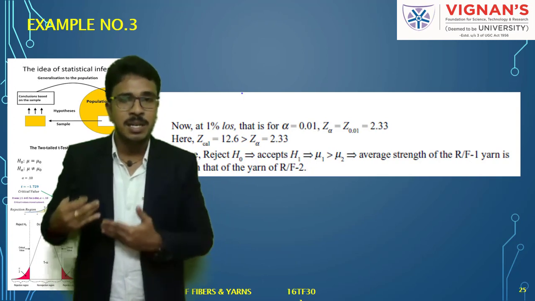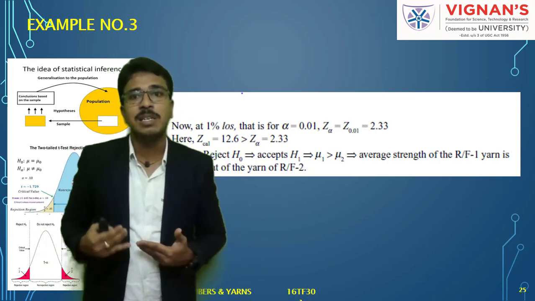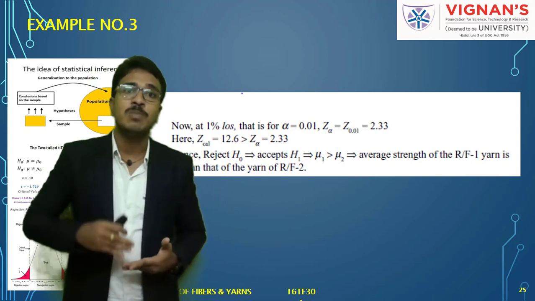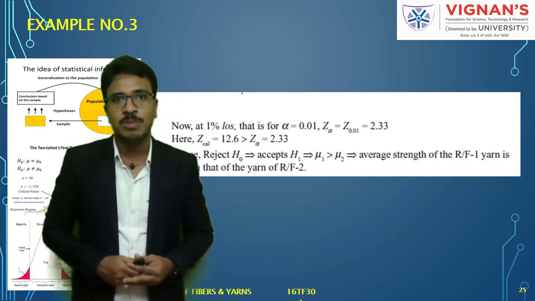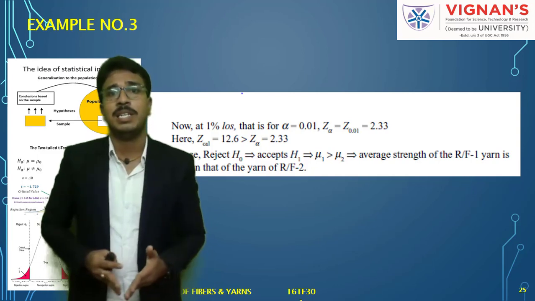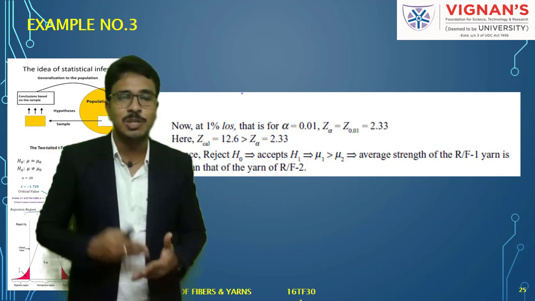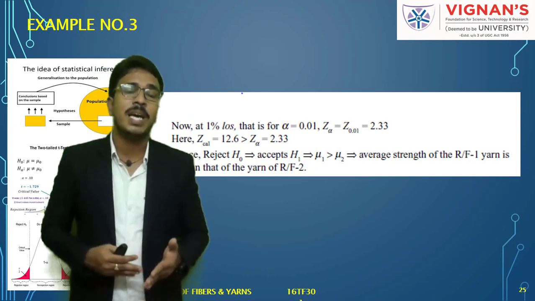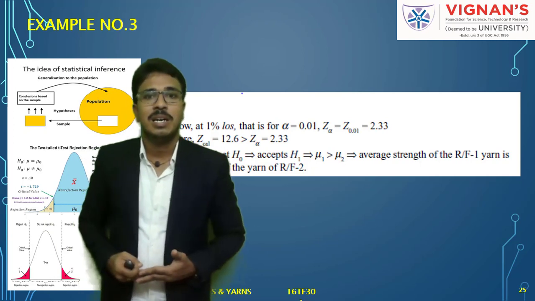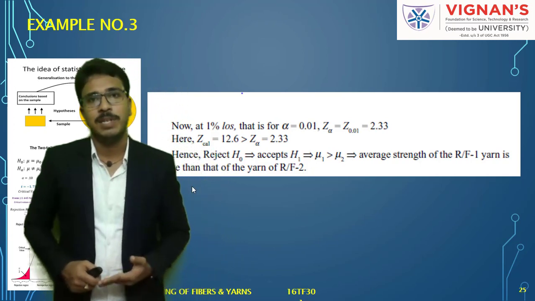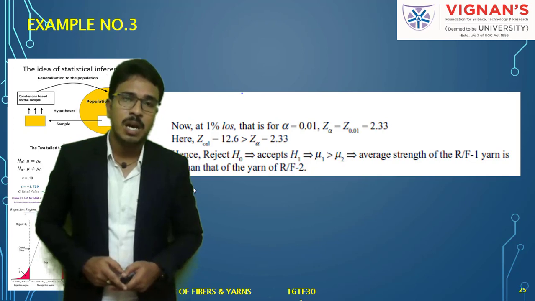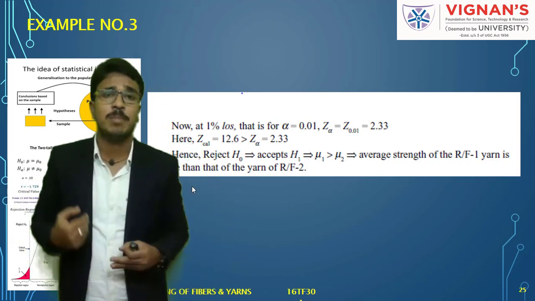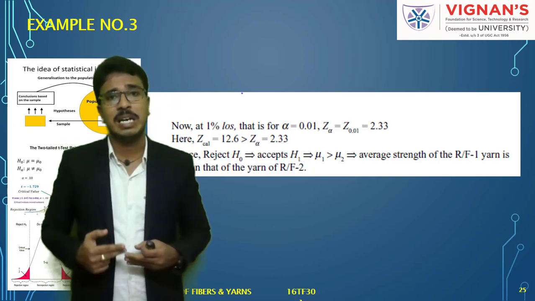So how can we draw our statistical inference? The average strength of ring frame 1 yarn is more than that of ring frame 2. So now here is an evidence. Earlier we didn't have the evidence to say that, but now by doing this testing of hypothesis, we arrived at this evidence. Okay, so this is how we need to carry out the testing of hypothesis when two populations are there,